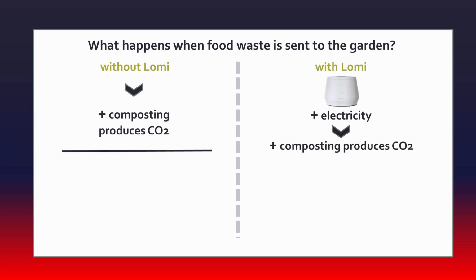On the right side, we have the Lomi option. Lomi dries the material, and that requires electricity. It is then moved to the garden where it completes the composting process, either in a compost pile or spread out as mulch. Since the amount of organic matter has not changed, both options produce the same amount of CO2